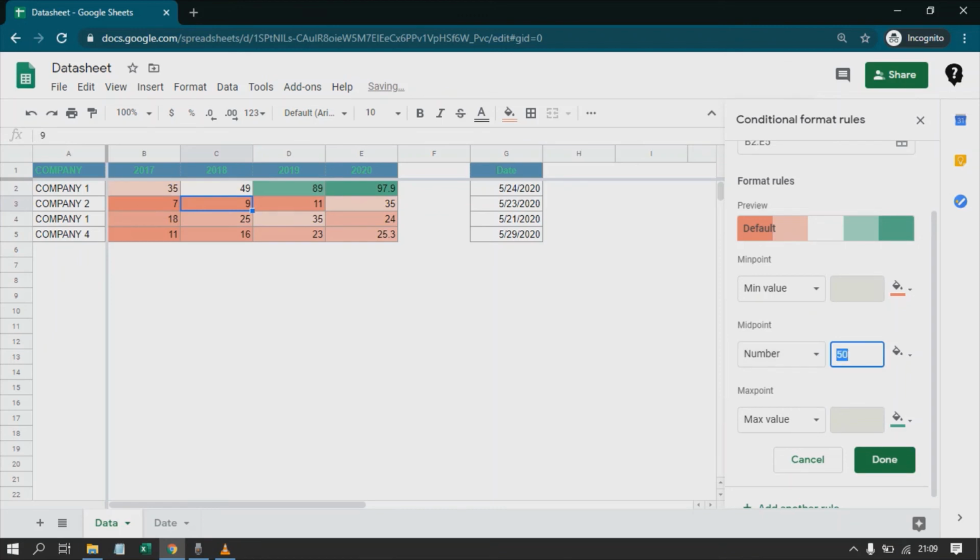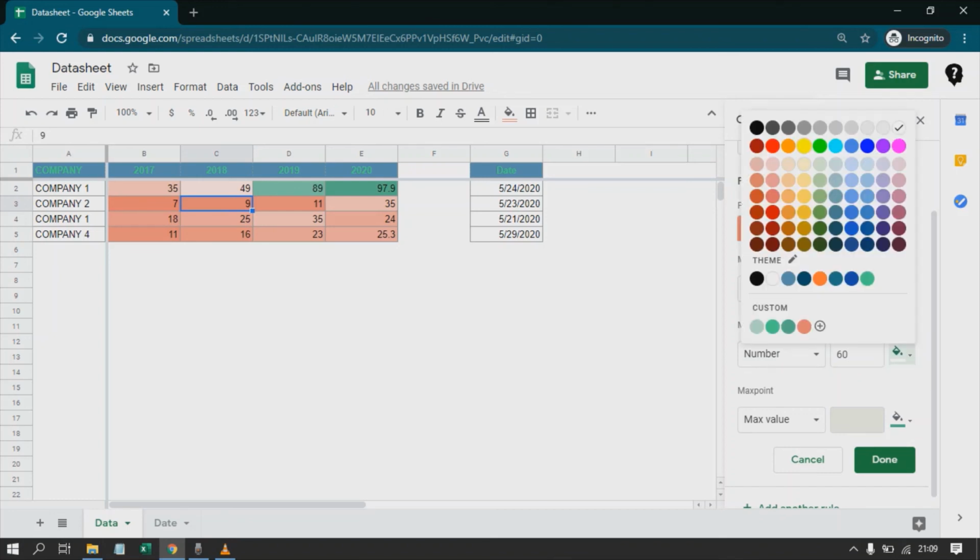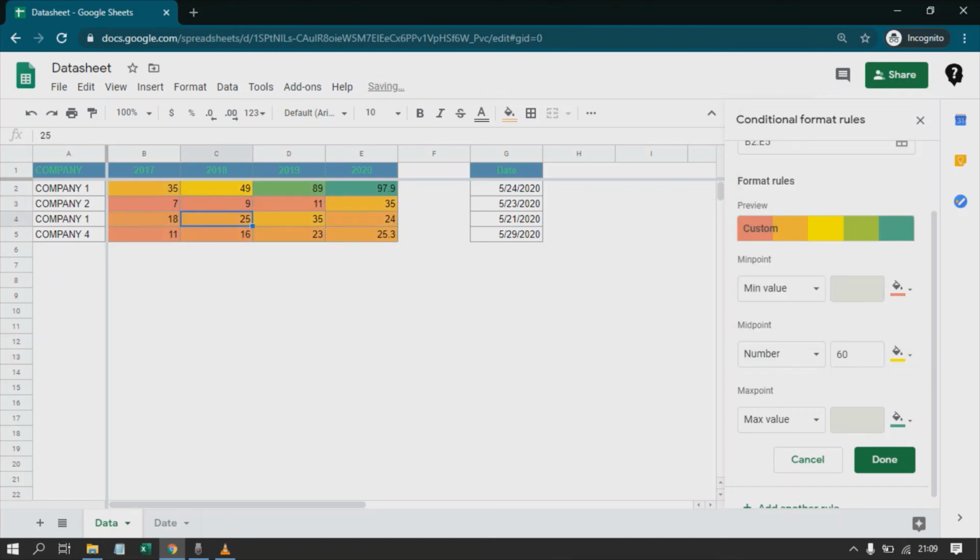Now what if I wanted to set the midpoint? Say my midpoint is basically 60. Now see here, most of my numbers are below 60, hence it is taking white as a midpoint. Now if I say my midpoint is yellow, now see here, nearest to the 60 is the yellowest. Okay, you can set percentile also.